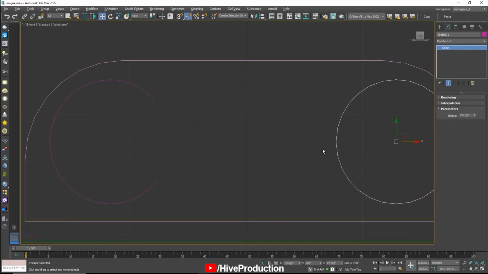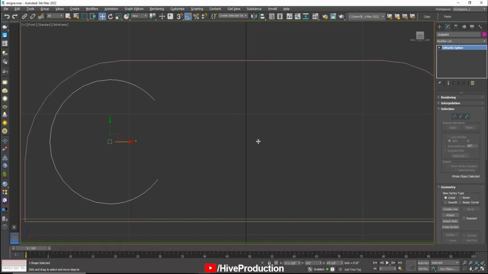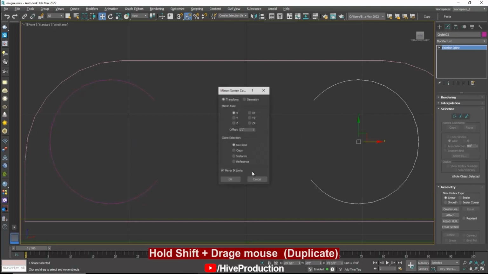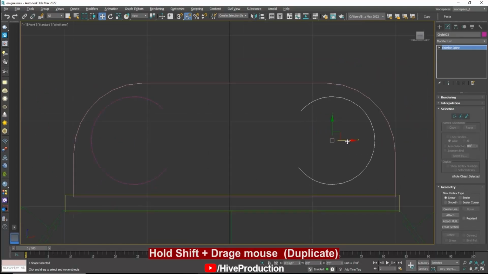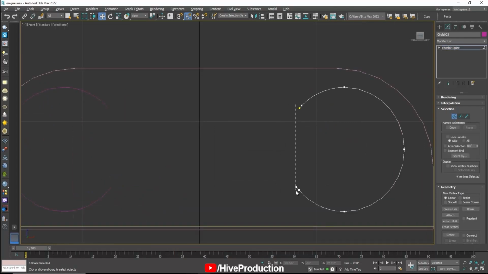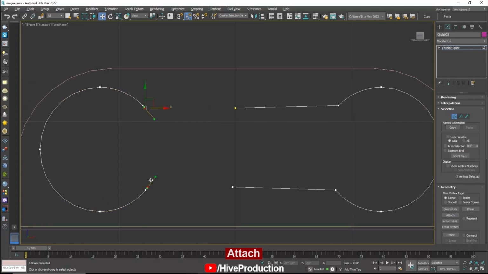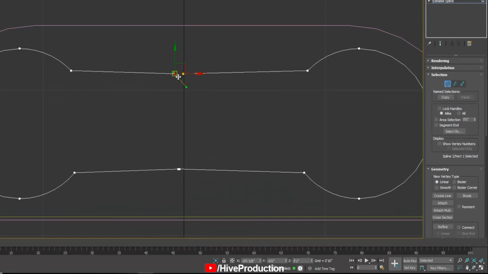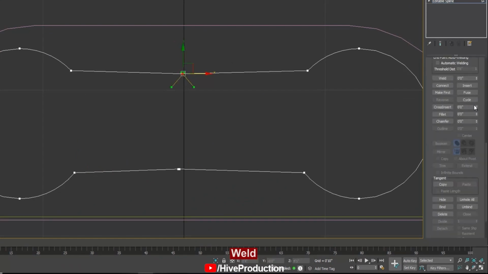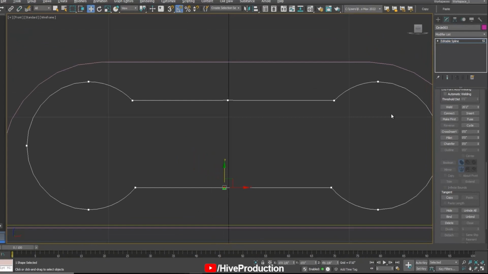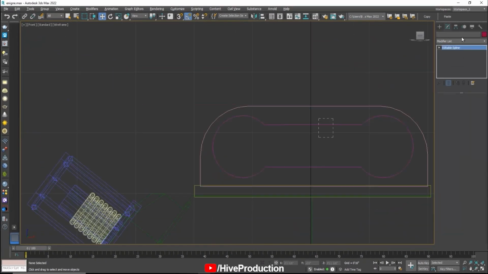So what am I going to do? I'm going to delete them, duplicate this circle on the other side, and now I'm going to connect each other. That's why I have given these vertices here. Attach them and connect like this. So okay, select them and weld them. Through the weld they will be joined to each other. Now I'm going to extrude them,